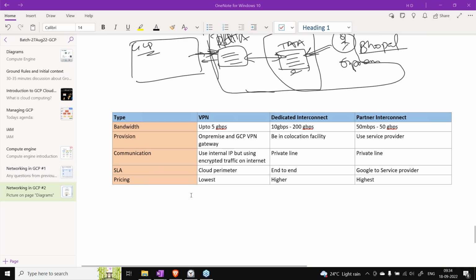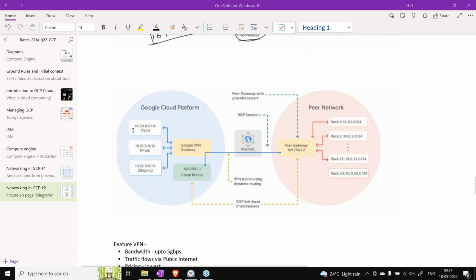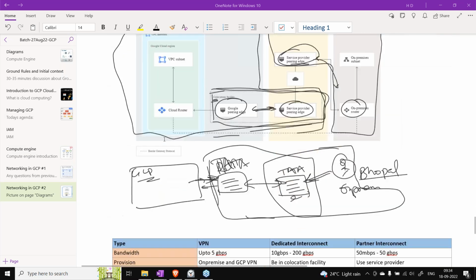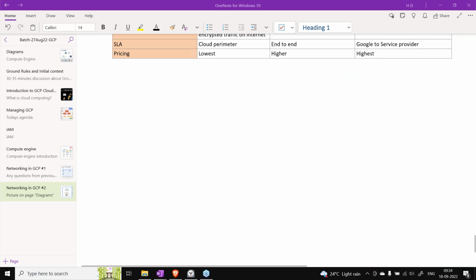So that is all about the interconnect. I hope you guys are getting what we are discussing, or is this still confusing? Any questions, guys? I see very few people are interacting, and I got one more feedback to be a little more inclusive or interactive. That's why I'm asking you, but I'm not getting responses. So either you are not paying attention, or we are not getting this.